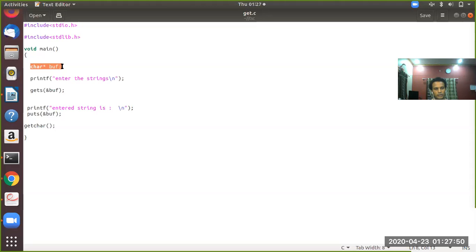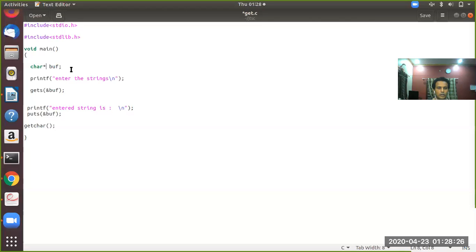The name of the variable is buff, and it is going to contain characters. I made it a pointer because if I declare char buff, it can contain only one letter. If you declare it like char star, it can contain a group of characters. That means it can store a string in that place called buff in the memory.